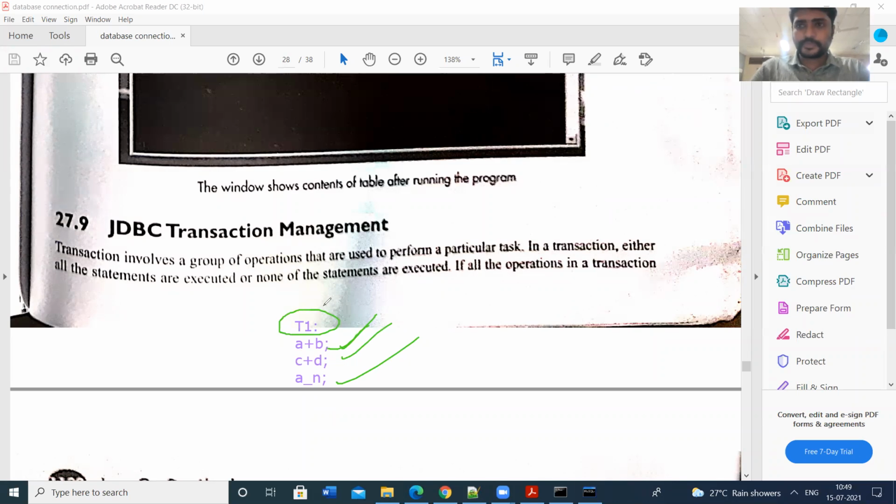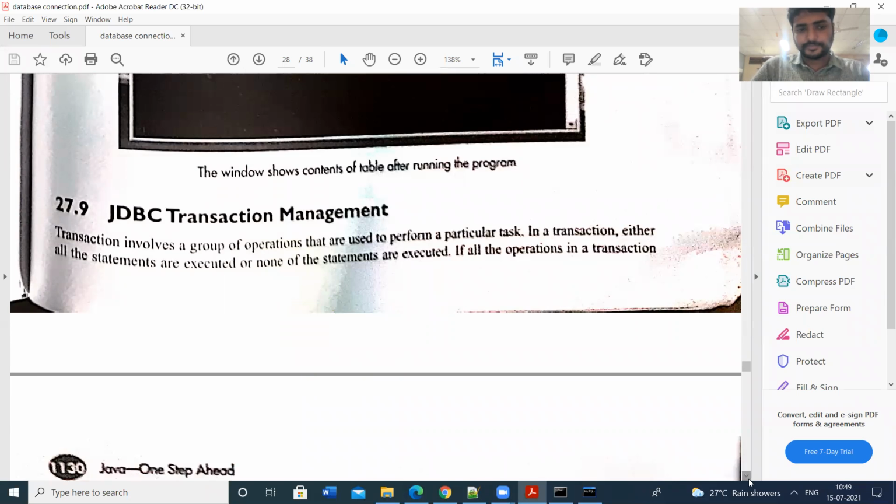To overcome that ambiguity, we have to follow the ACID properties. The rule is, if you perform the transaction, the transaction must be complete. Either the transaction is completed entirely or it is not completed at all. That means either all the sub statements are executed, or none of the statements are executed. That must be ensured while performing the operations in the transaction.